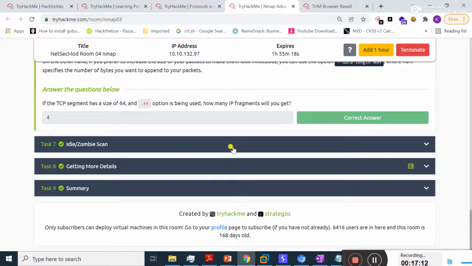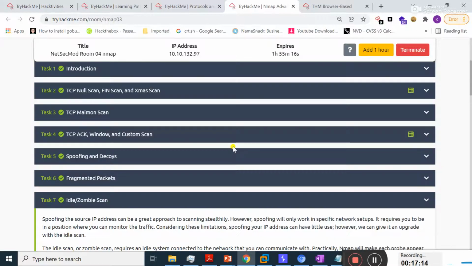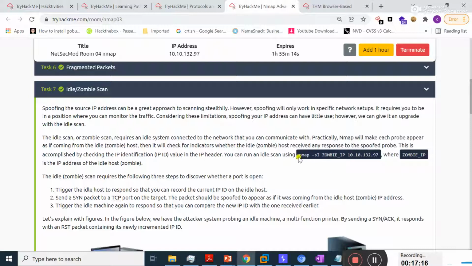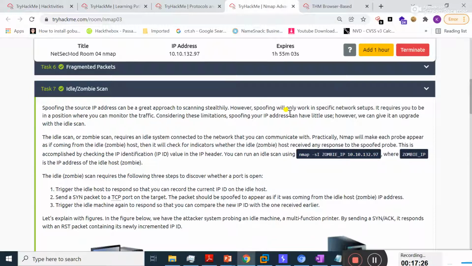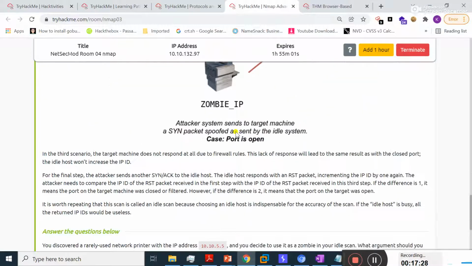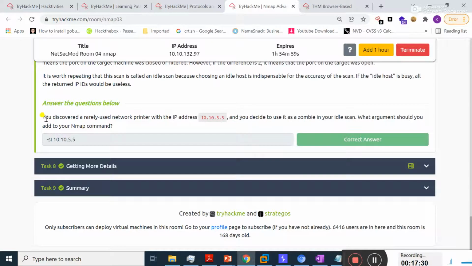Let's jump to task 7, that is idle and zombie scan. You can perform this method in order to perform an idle zombie scan. The question is that you discovered a rarely used network printer with this IP. See here, this is the IP address of the printer, and you decided to use it as a zombie.